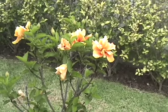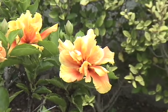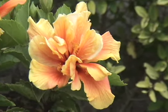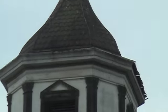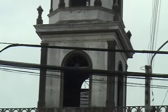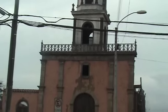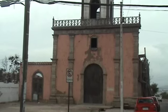Now this bush is in a garden, so I'm taking a picture of this just because it's so incredibly beautiful. Hopefully it's a reflection of the decline of the Catholic Church, which I would like to believe is occurring. It seems to me it's an ominous control device in the...